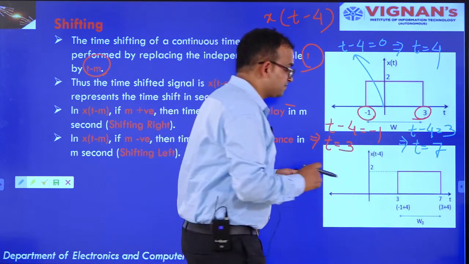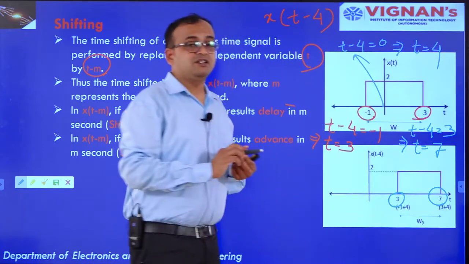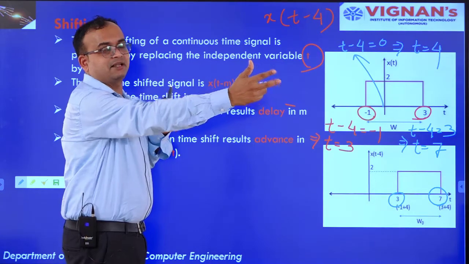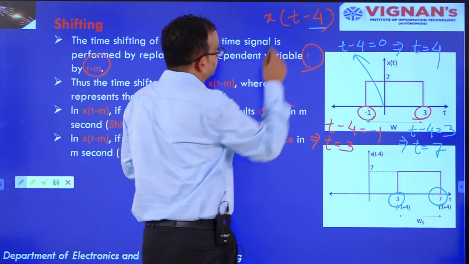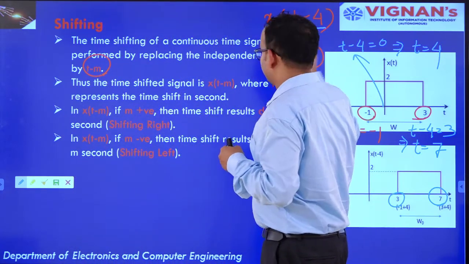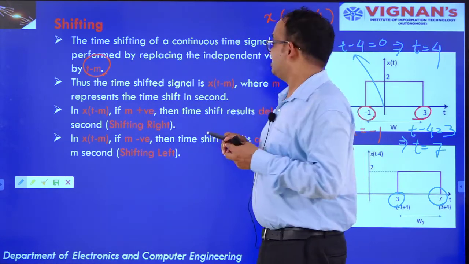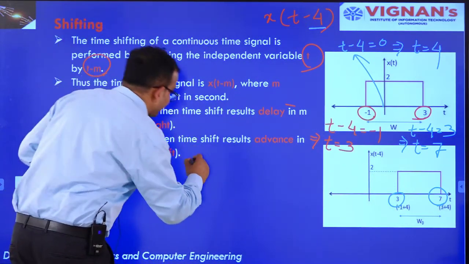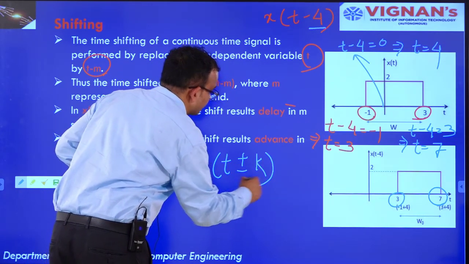So, 3 to 7. Now we can tell that our signal is shifting towards the right, because for x of t minus m, if m is positive, the signal shifts towards the right. If you are confused, you can also take it like this, for x of simply t plus or minus k, I can take